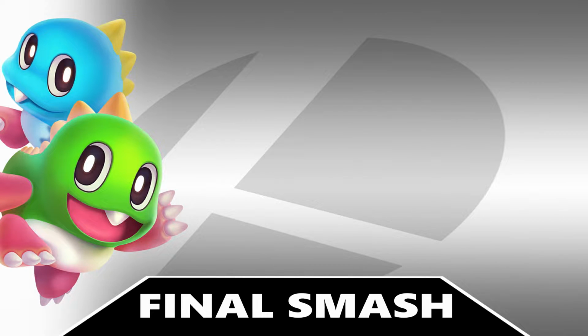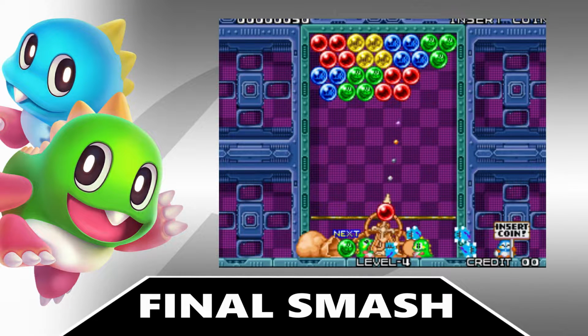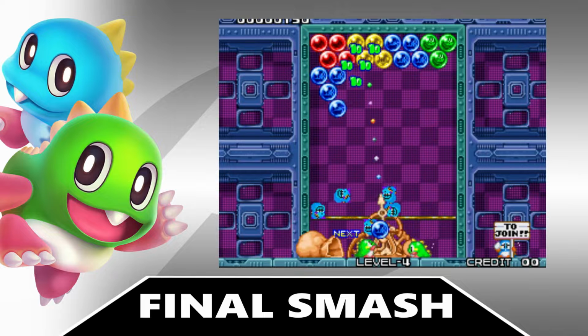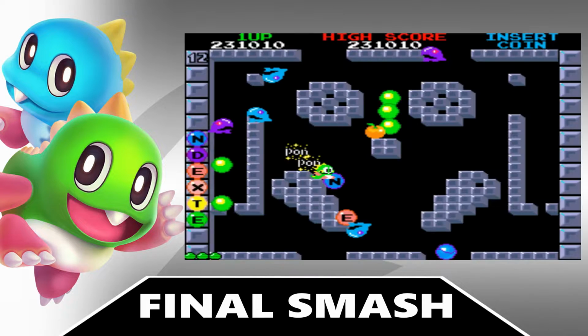And last but not least, for the final smash, Bub and Bob will shoot a giant bubble at the foe. If they either catch 1 to 3 characters, a cinematic will happen where they'll shoot 6 bubbles through a bubble launcher that are skyrocketing above, hitting the foes in the giant bubble. It'll make a massive explosion, and the words